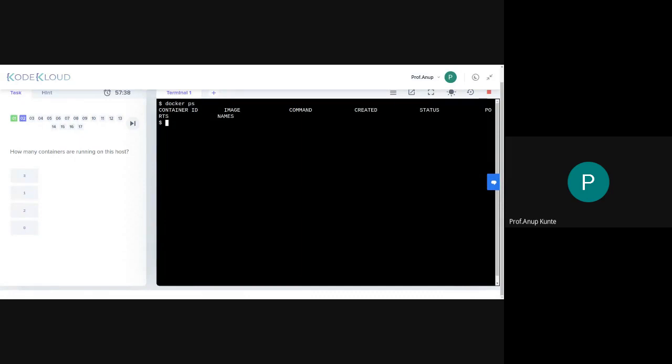So currently there are no Docker containers running, but what information we get about Docker containers using docker ps is we get to know what the container ID is, what the name of the image is, what command is running currently on that image, when it was created, the current status of the Docker, which ports this Docker has open, and a human readable name for that particular container. So currently there is no information, so zero Dockers are running, and we can proceed to the next question.